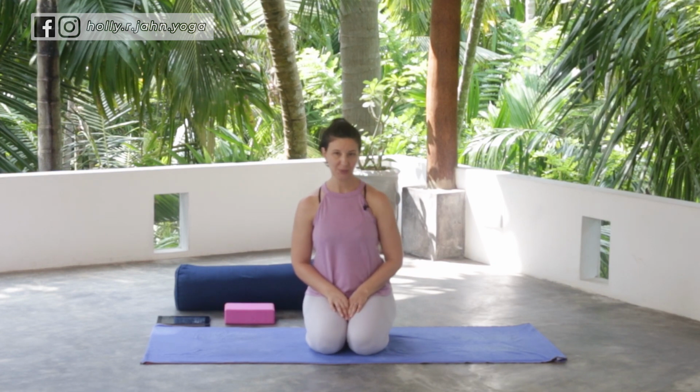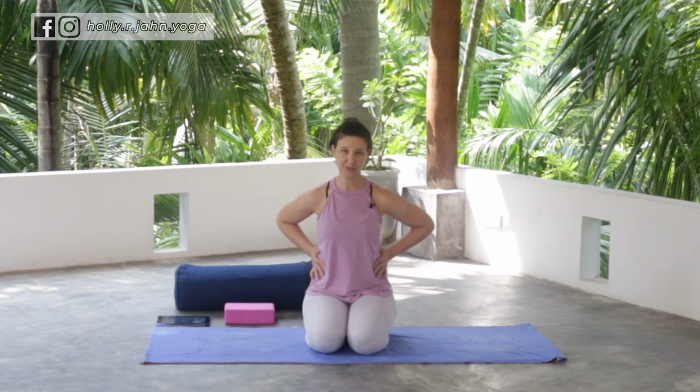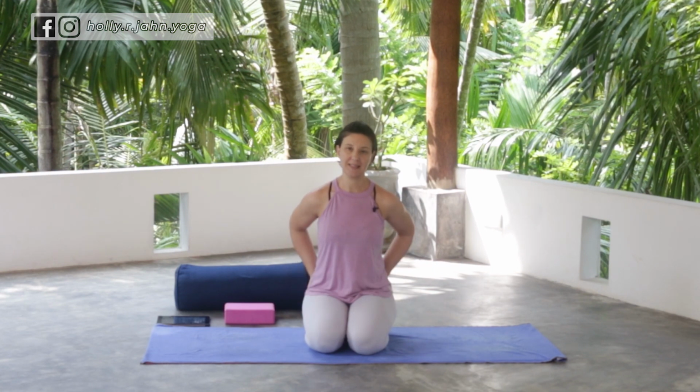Welcome to my lower back love Vinyasa Flow. Today's practice, we're going to work on side bending to open up the sides. We're going to work on our hips, both in the front and in the back, and get a general full